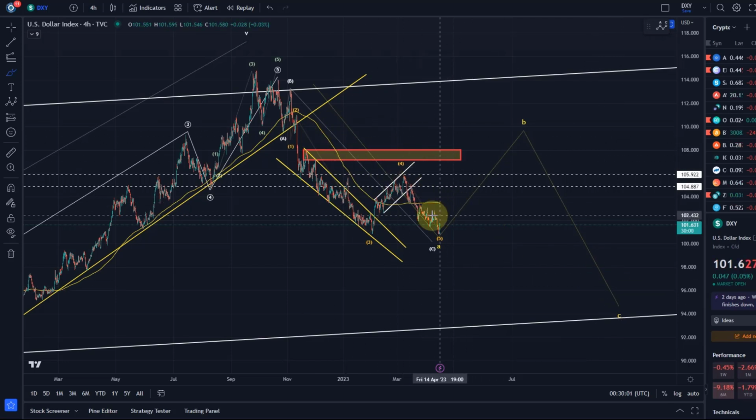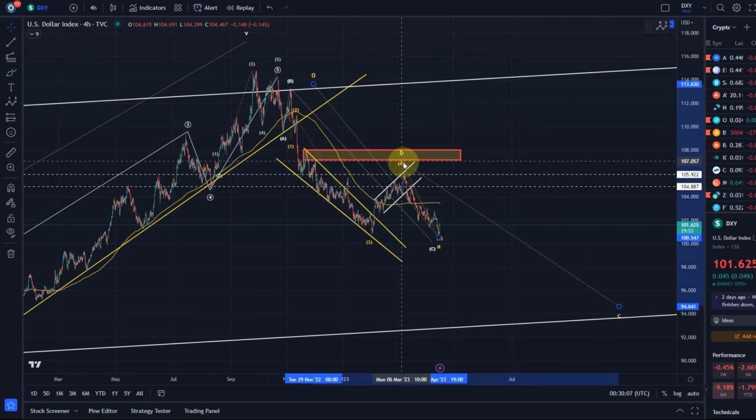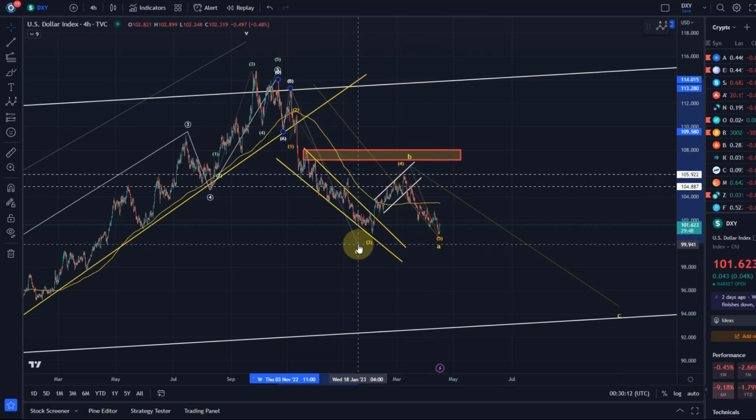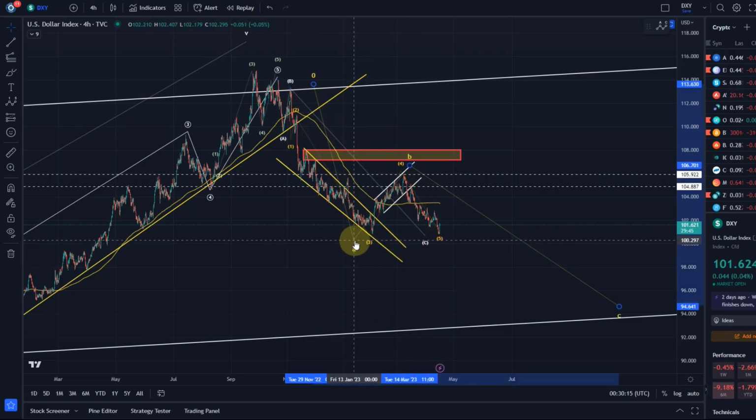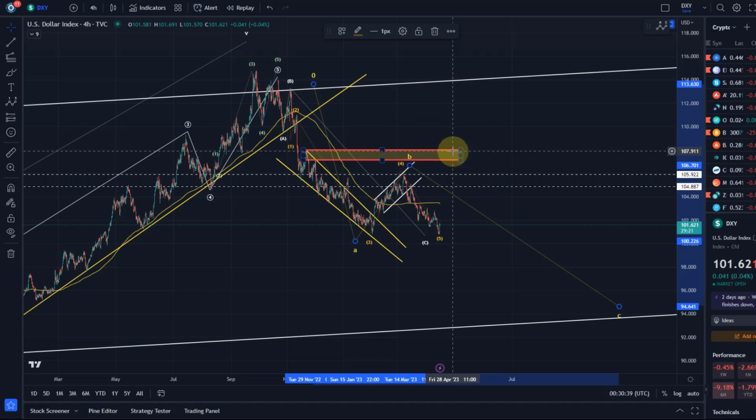The other scenario would suggest that we directly sell off in the C wave because B already ended here at around $106. It would sit like that. And in this scenario, we could say we are following this until we break above $105. So we basically need to be watching, do we find some support here now? It's also basically a double bottom. And if we do, we can rally higher, first of all to that $105 region where we have resistance, and then 106. And then we've got some structural resistance around the $108 level.